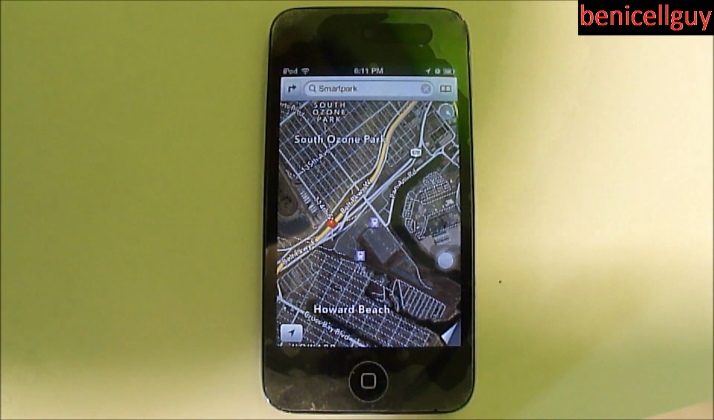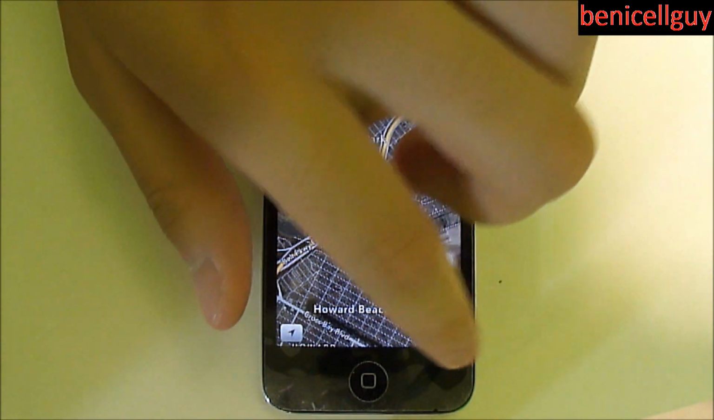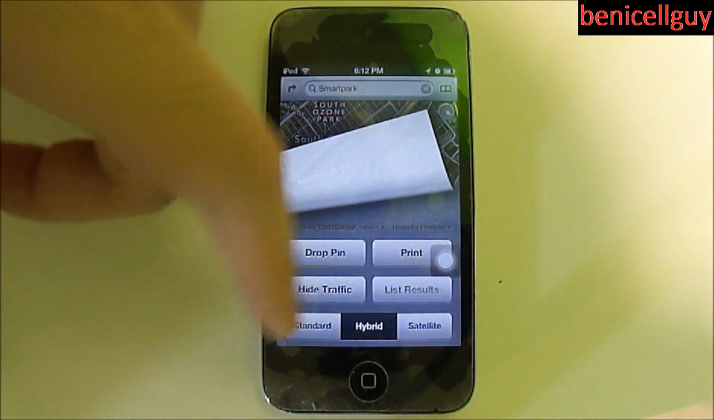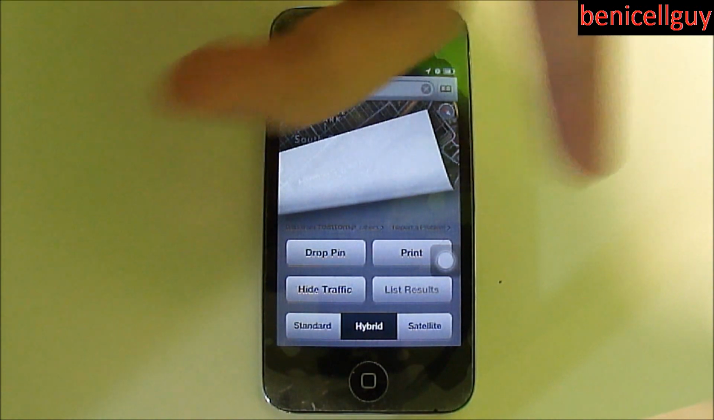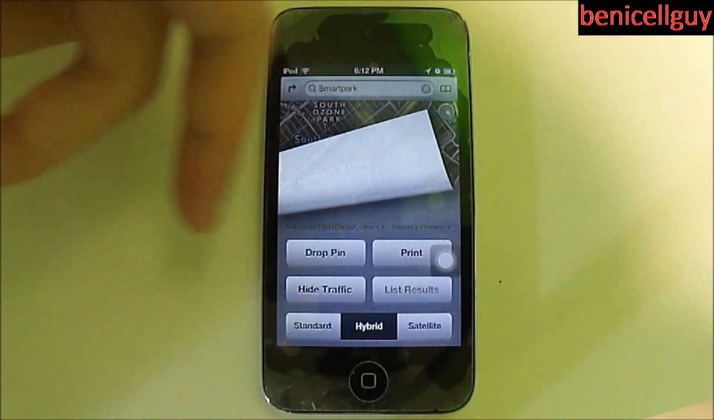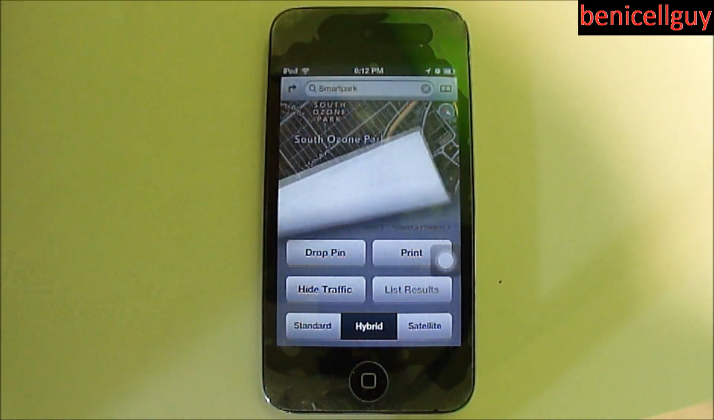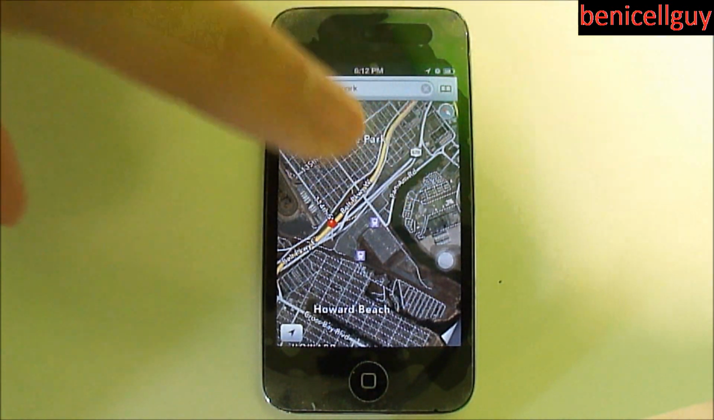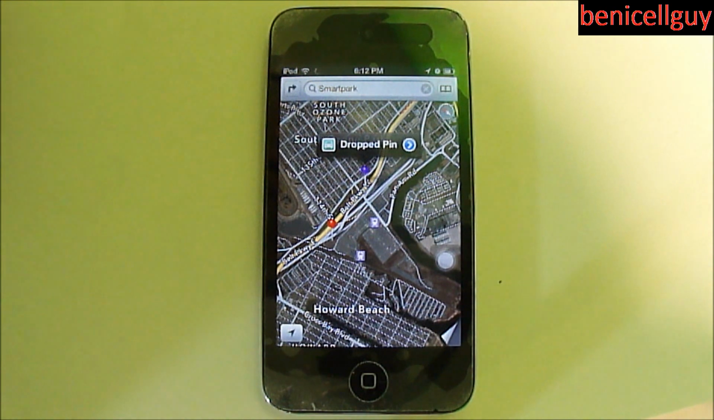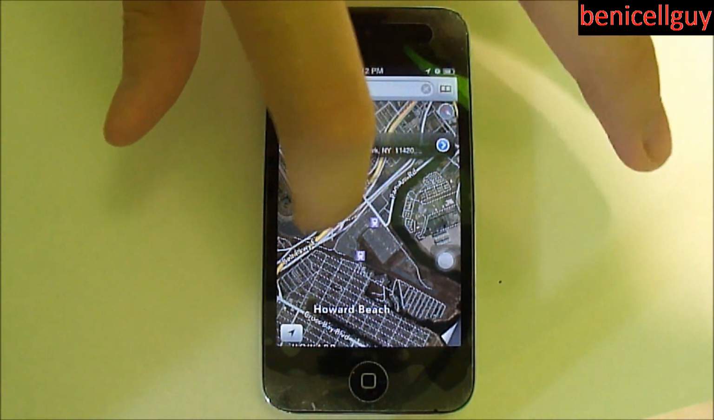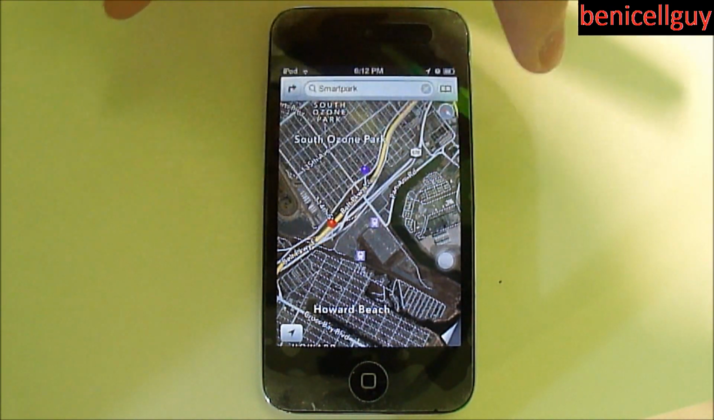So the new Maps application, I really like it, and you can also get traffic updates. You can view it in standard, which is just a regular map, hybrid, or satellite. You can drop the pin as well. You can print directions or show high traffic. Okay, and if you take your finger and hold down on the screen, you automatically drop your pin, and then when you push on the pin and click the arrow,